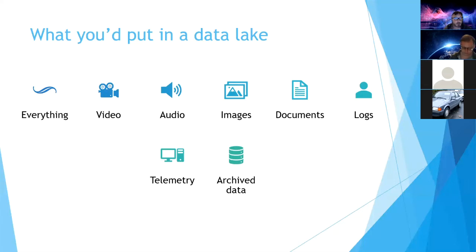Logs from computers are a big one, for checking technical systems for reliability, and also for IoT, telemetry is a massive source. Again, we'll talk about that in a moment. And also all the archive data from your line of business systems. So a lot of line of business systems, we only keep maybe a year or two's worth of data in them, so they don't get too big, so we can keep the performance. But all that previous historical data, that can all go somewhere. So you can put all these sorts of things, and it's really then a question of how you use that data.